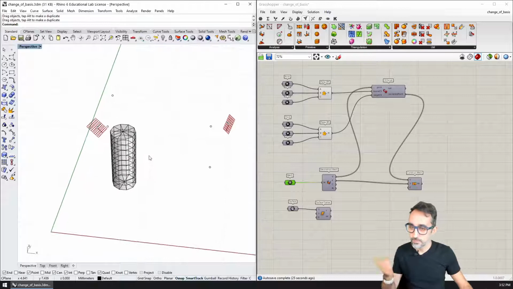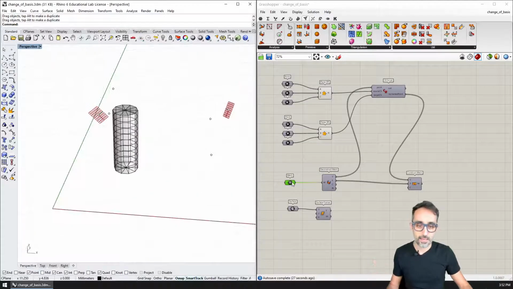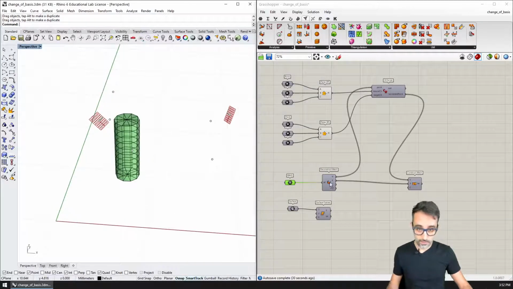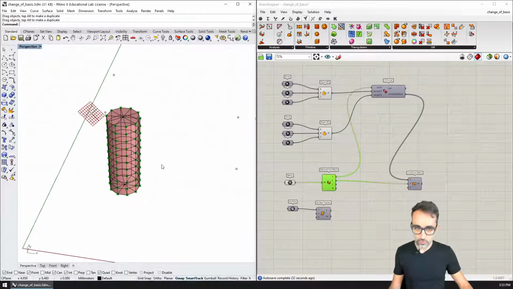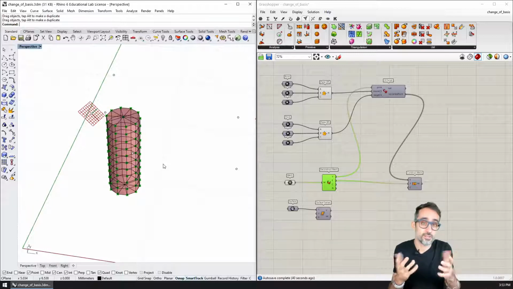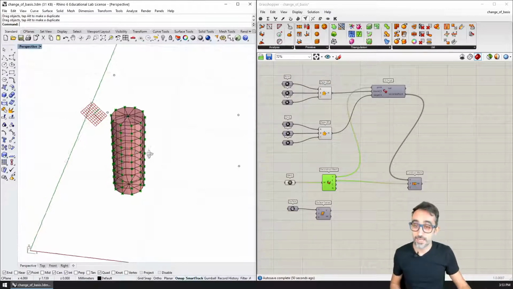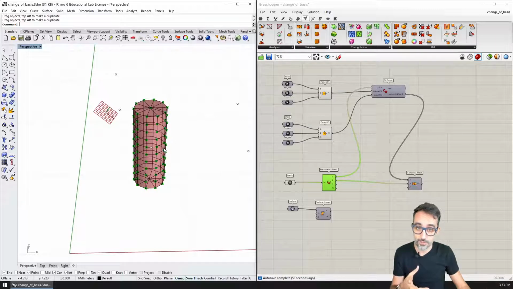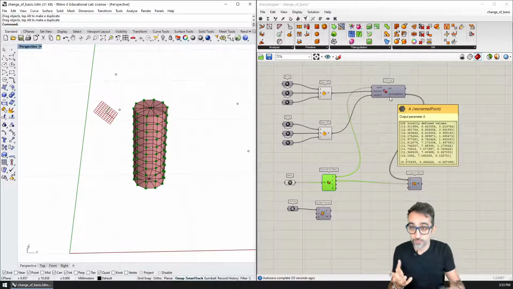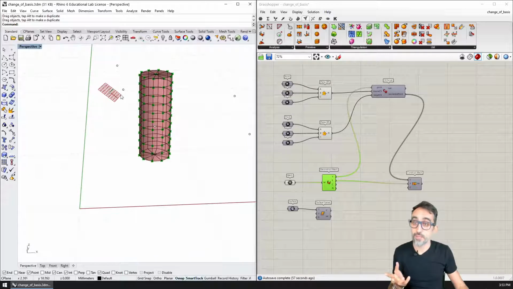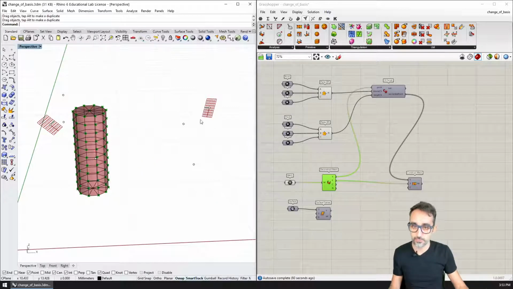I have created a simple cylinder mesh in Rhino. I have brought it into Grasshopper, and I have deconstructed the mesh into vertices, faces, colors, etc. Everything that is contained in a mesh. But at the end of the day, think about meshes as just point clouds that are joined with triangles. And because each one of the vertices of a mesh is a point, I can feed all the points of the mesh to this tool that I have created to take the points from this coordinate system into a different coordinate system.